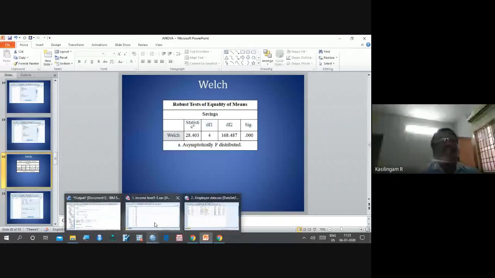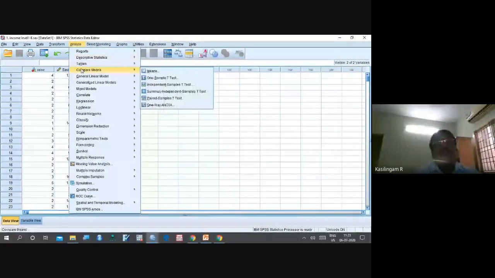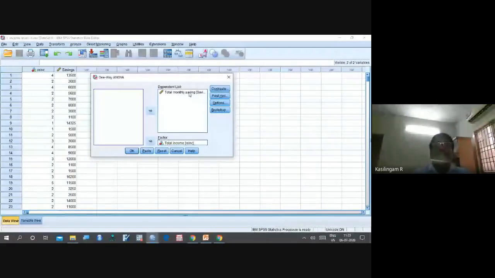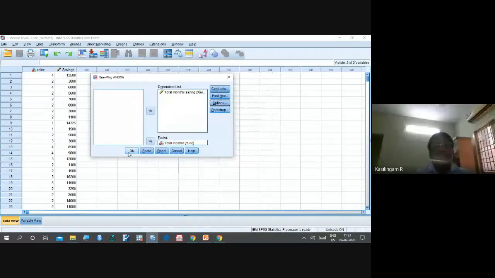Now let me go to Analyze, Compare Means, One-Way ANOVA. I put monthly savings there, total income here. I am going to Options. Let me not check homogeneity; I am checking the Welch test. Then let me say okay.